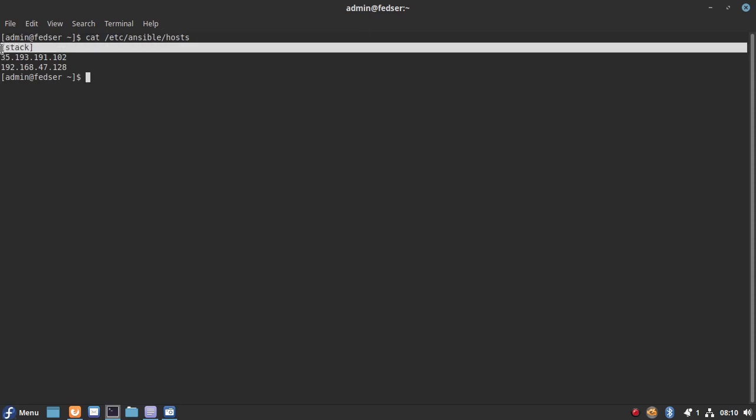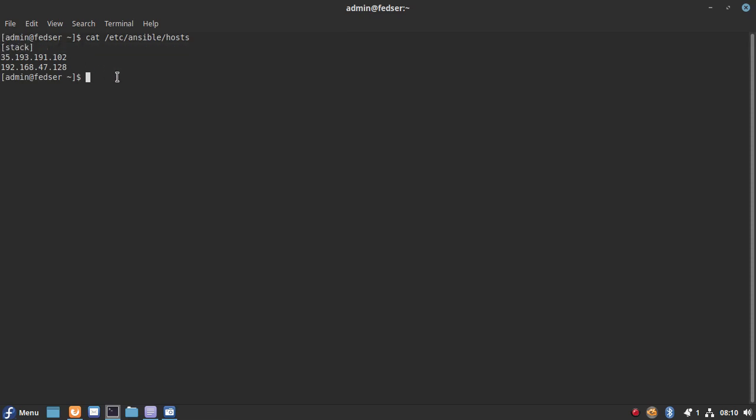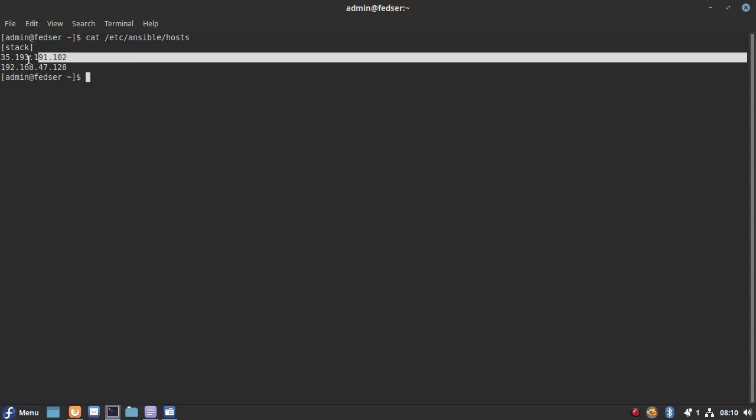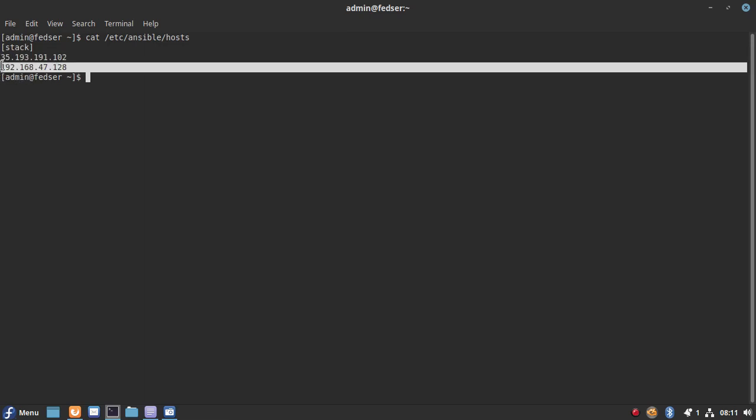So right now I have this group name that we can provide. It is basically grouping a set of particular Linux instances into one type of servers. So let's say if you have a set of 4 or 5 servers related to the web server, you can group them into a group name called web or web server, anything you want. So it is basically grouping related types of servers into a particular set. Right now I have named my group as stack, and in that I have one GCP instance already available and my local machine IP.